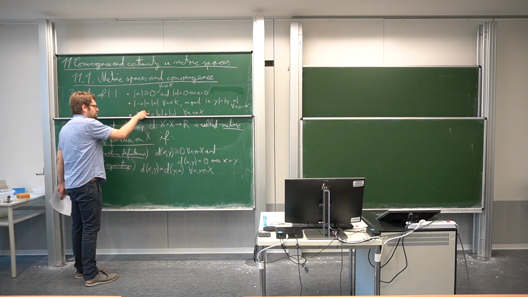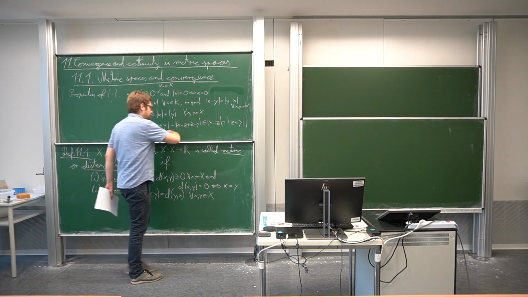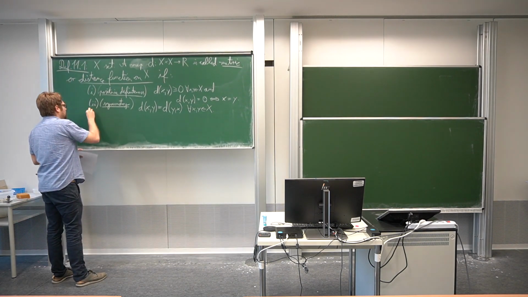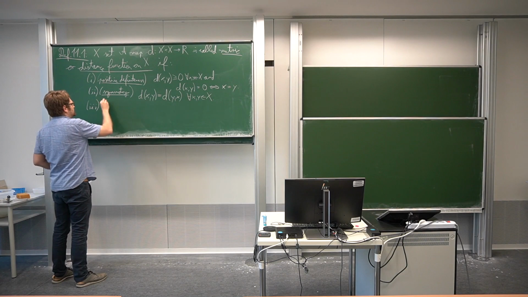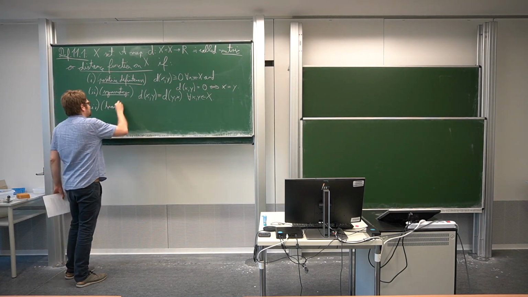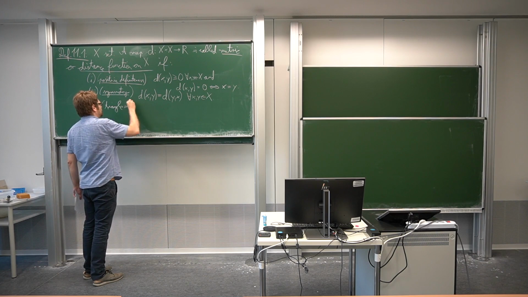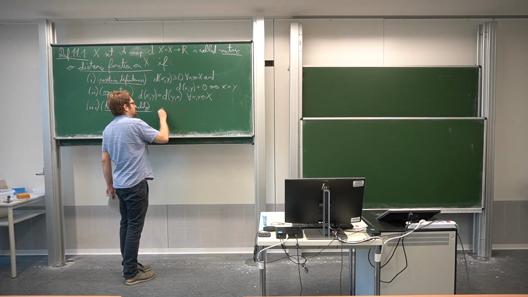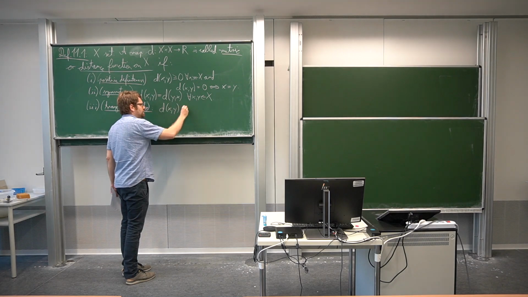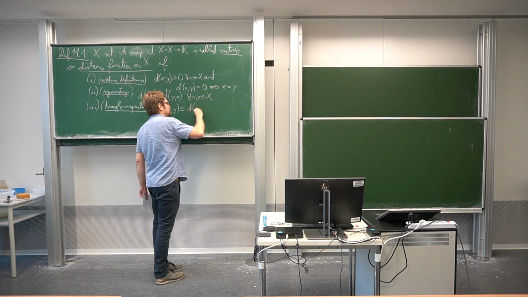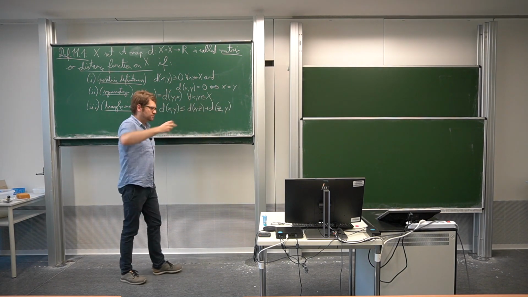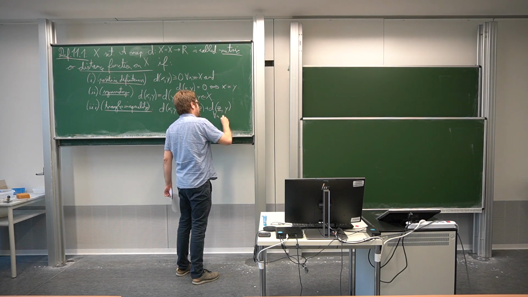So finally, we need the triangle inequality. And there we want the analog of this, because this we can also see here as measuring distances. And so let's demand this as a property of the map we are studying. The triangle inequality. So we want the distance from x to y is smaller than or equal to the sum of the distances from x to z plus the distance from z to y, so taking a detour via z, for all x, y, and z